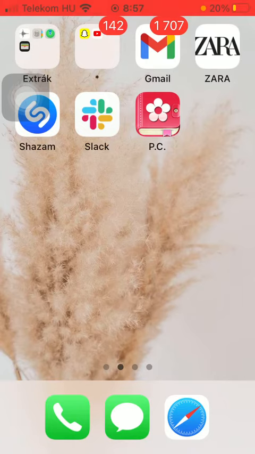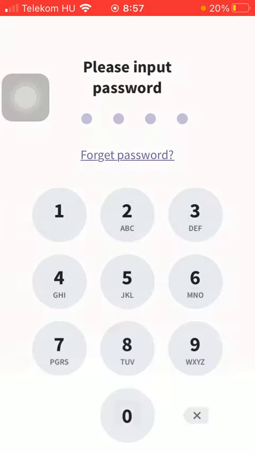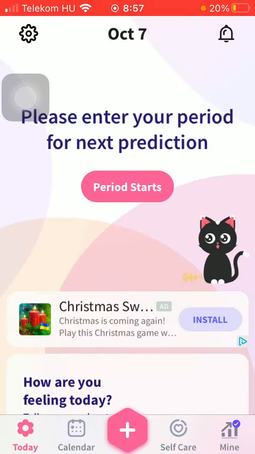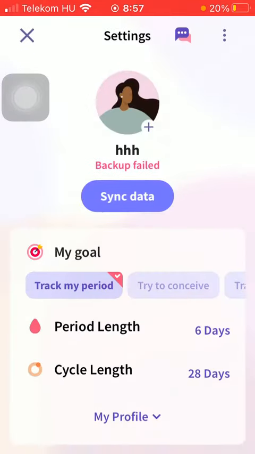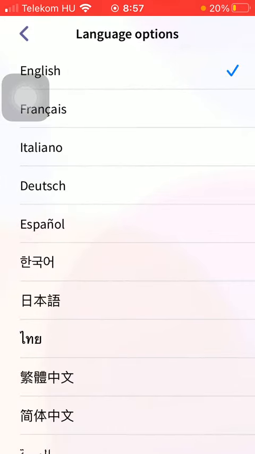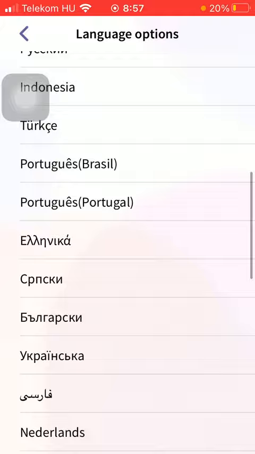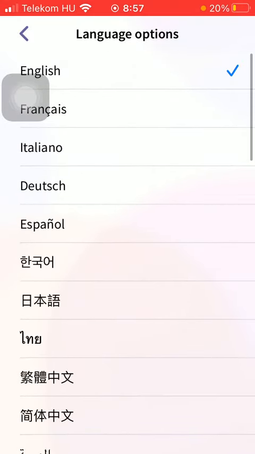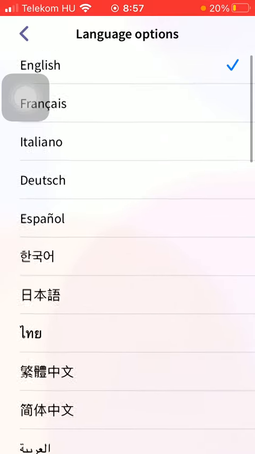First of all, open the app on your phone. Tap on the settings option in the upper left corner of the screen, then scroll down till you find the language options section and click on it. It is set to English right now, that's the default language of the app, but if you scroll down, you can see that there is a vast variety of languages that you can choose from. All you have to do is select the relevant one you would like to change it for and tap on